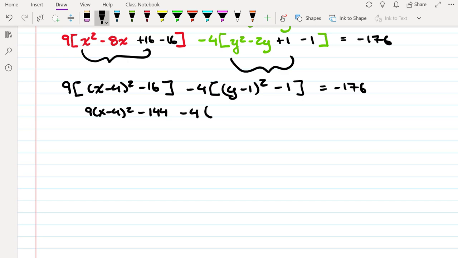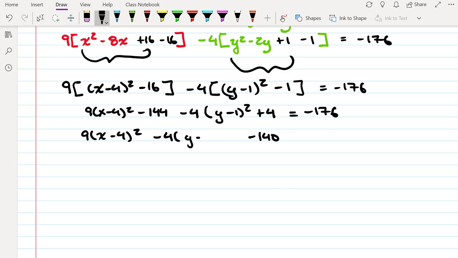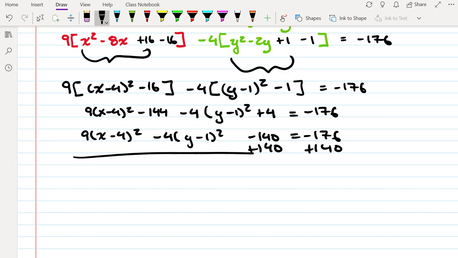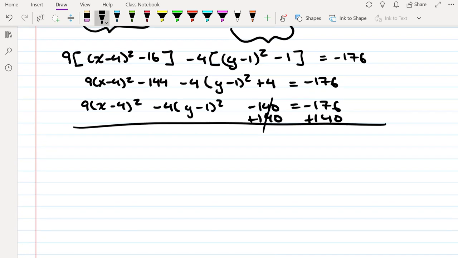Distributing in the minus 4, negative 4 times (y minus 1) squared, and negative 4 times negative 1 is positive 4. And then that is equal to negative 176. So we gather up our like terms. So negative 144 plus 4 is going to be negative 140, minus 4 times (y minus 1) squared is equal to negative 176. So we move our constant to the other side of the equation, and we get